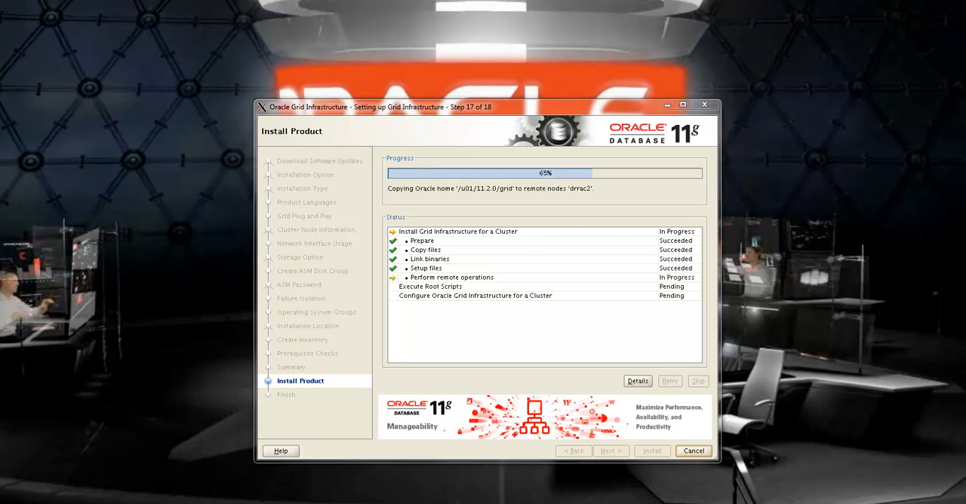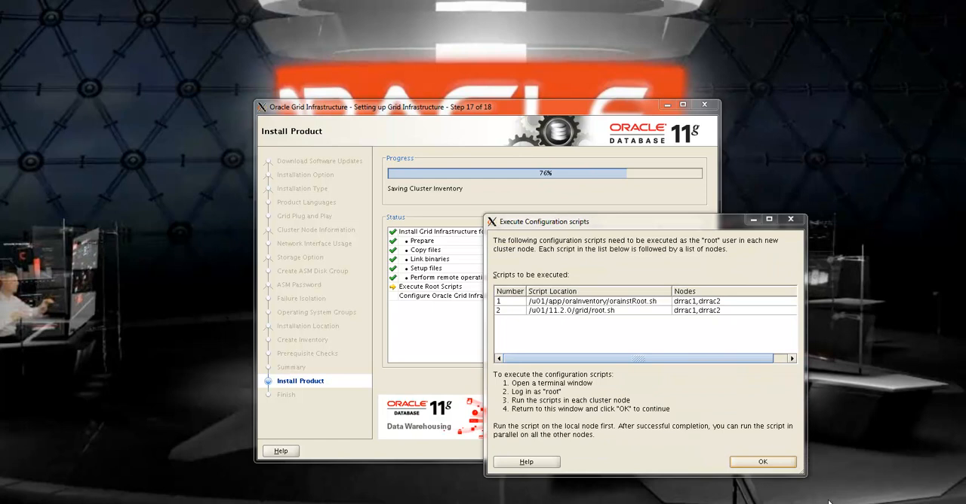65%. Okay, so it's 76% and it's asking to run root.sh, like the two scripts need to be run as root. It's mentioning here on each node. First one is the orainstRoot.sh. So we are going to our node 1